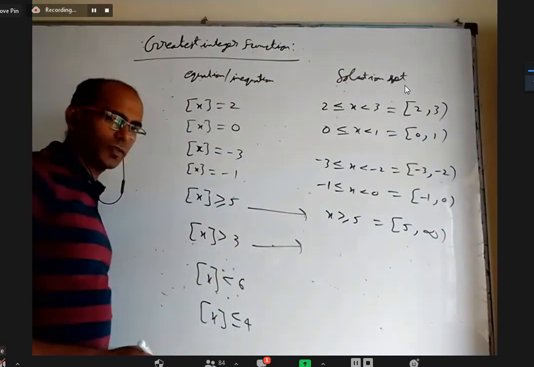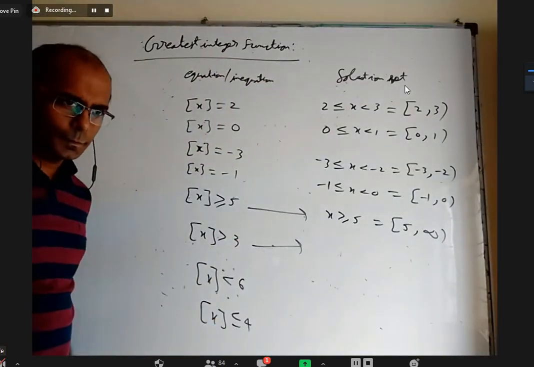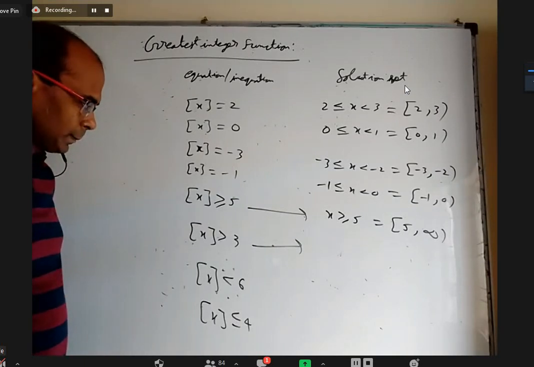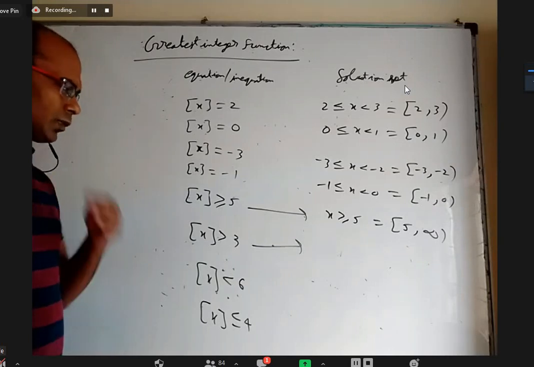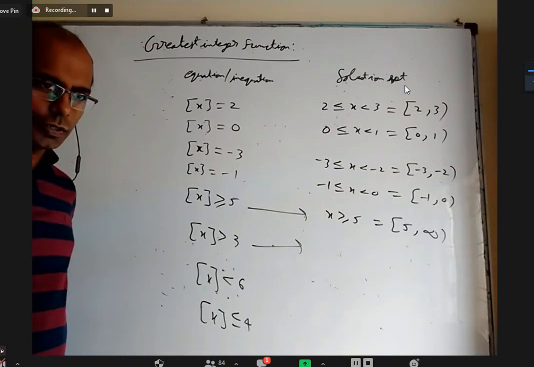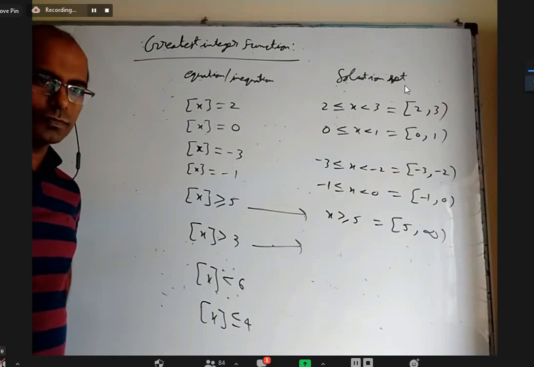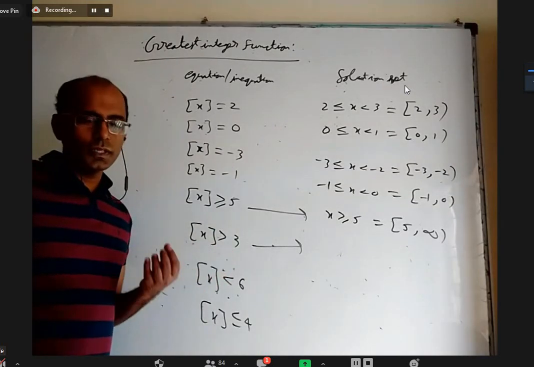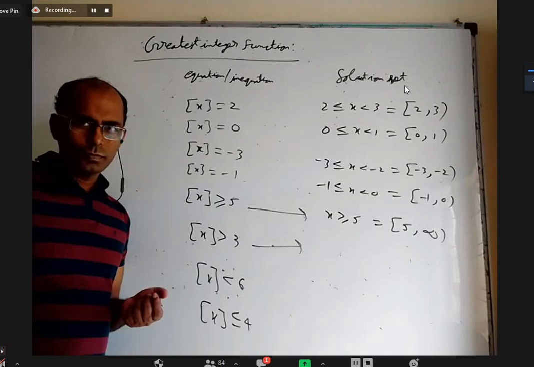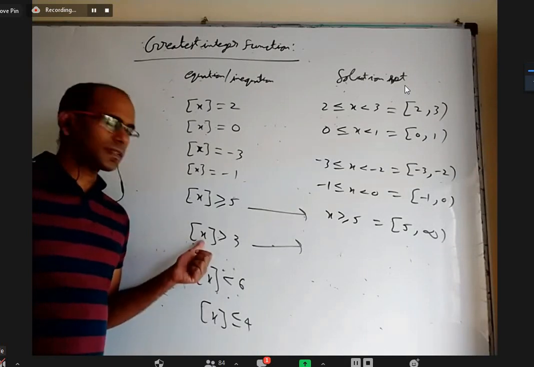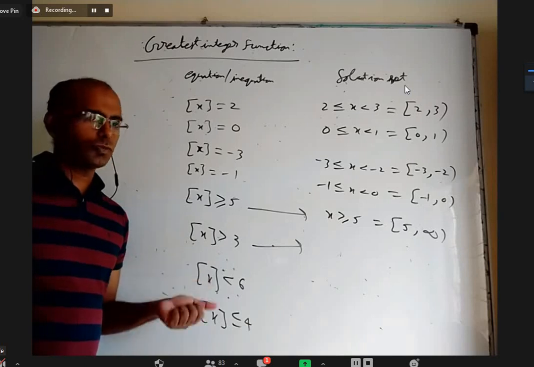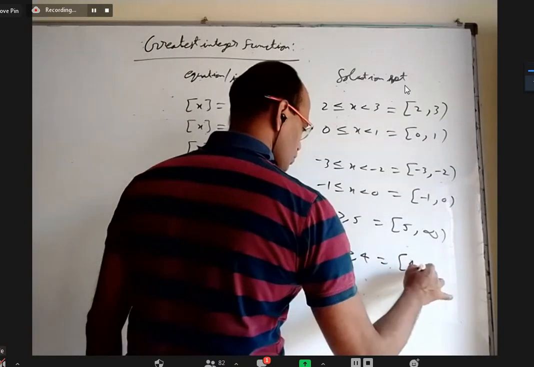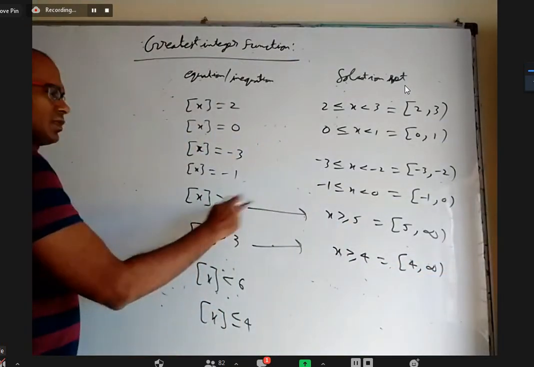For the next one, anybody want to tell? Open interval 3 to infinity? That means 3.5 and all are okay? Closed interval 4 to infinity. When it should be greater than 3, even 3.2, 3.3, 3.99 are not okay, right? What is the smallest number satisfying this? 4, including 4. So x should be greater than or equal to 4, that is closed 4 to infinity. Is the previous one right?